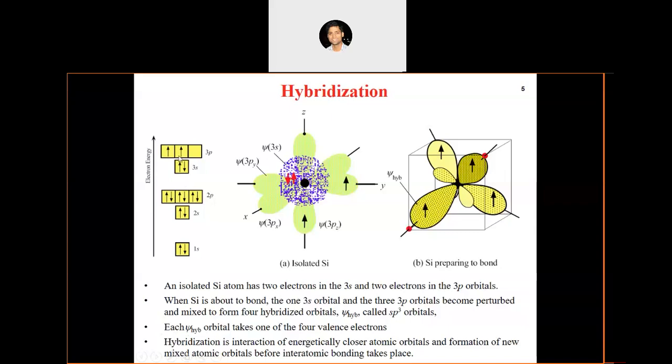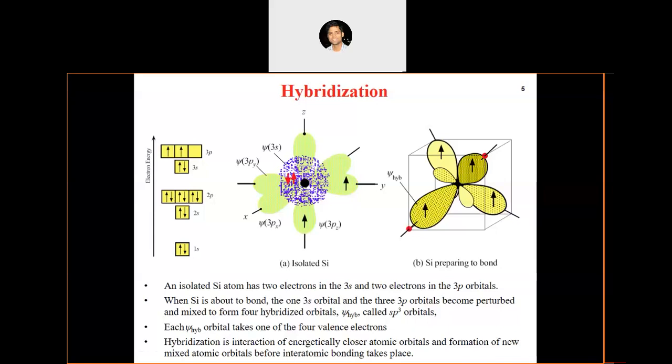So, silicon initially has this configuration. The electron configuration of silicon looks like this. There are two electrons in the 3s orbital which are paired, and then there are two electrons in the 3p orbital which are unpaired. Okay,